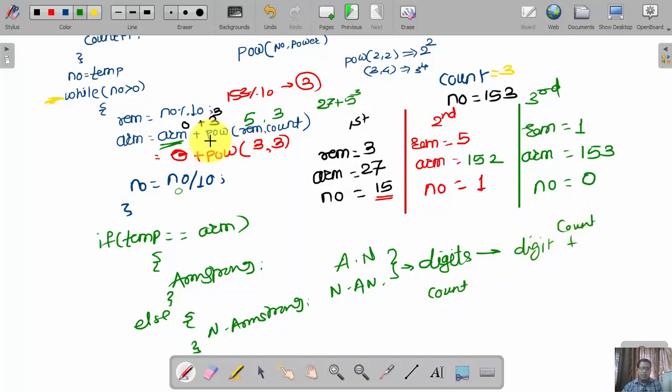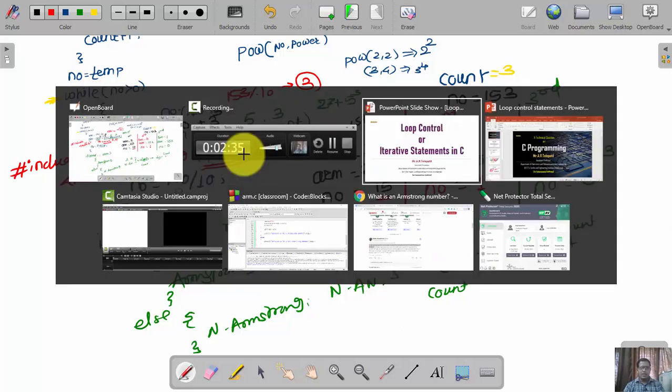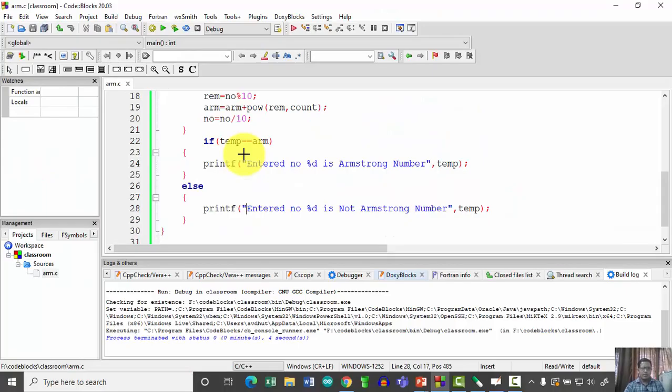Here we are using the POW function, and to support this POW function, one important thing we have to take into consideration is that we have to include the header file math.h. Then and only then will this POW function work correctly. So let us see the program for this.